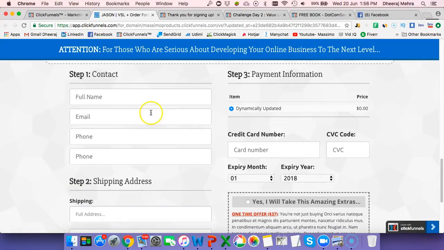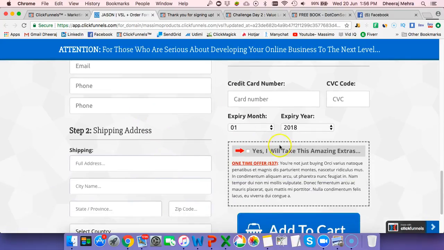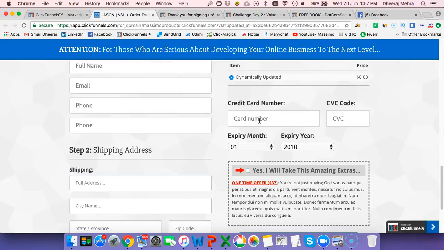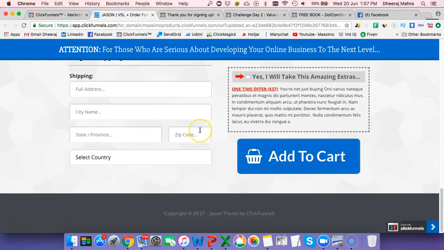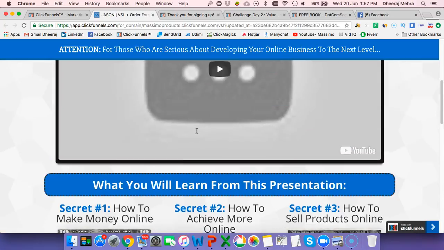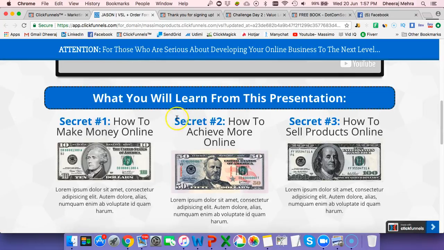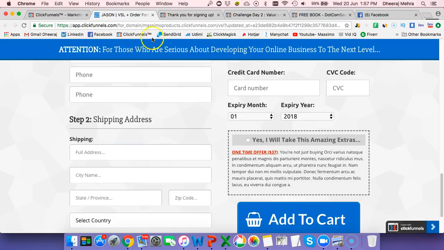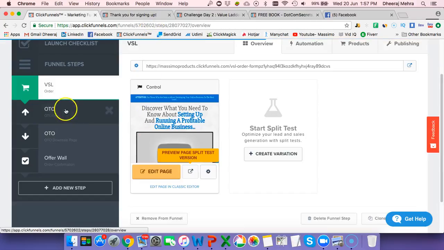You can fill in all this information and put in your credit card information. This is all linked to the payment solutions also, which you will need to configure in your ClickFunnels once. And once this is done, you are ready. So see how easy it is to create something like this. Then once you are done, it will take you to the next page. So here is the OTO page,